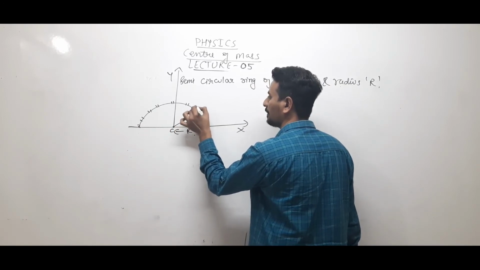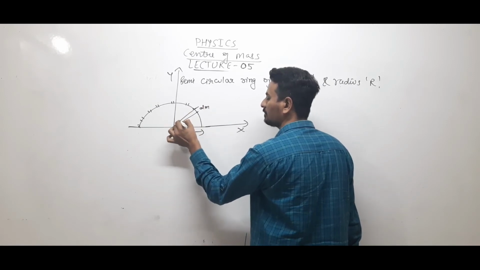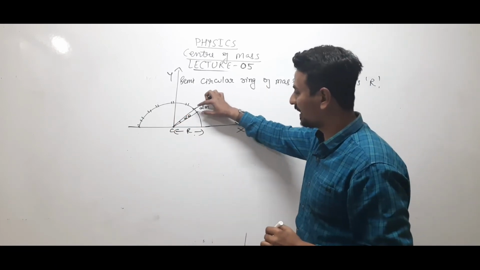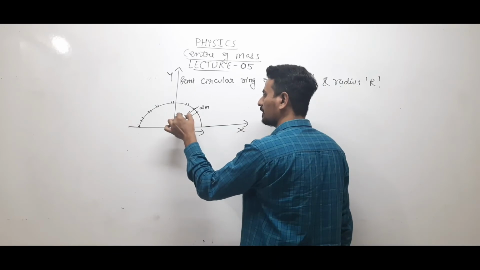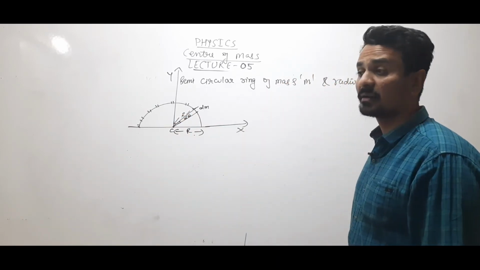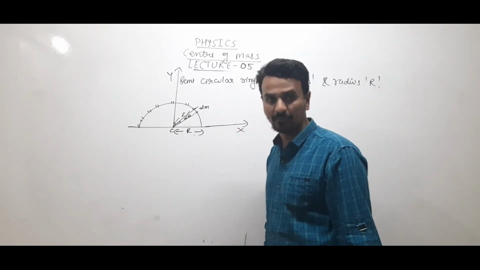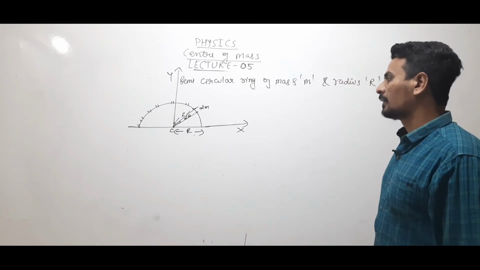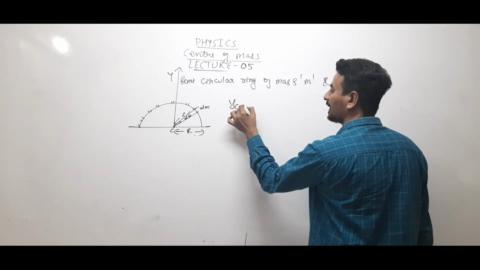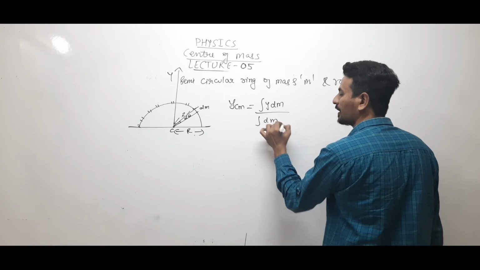Let this be a mass element dm. Let it subtend an angle, say any angle, say d theta. I have taken a mass element dm. Of course, this will be r, where r represents the radius as well as the position vector for this dm. So now we'll use the formula. Since the ring is along the y axis, we'll use ycm equals ydm upon dm, and you'll have to integrate